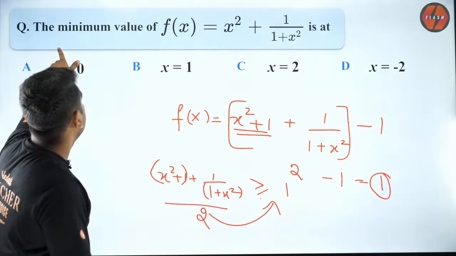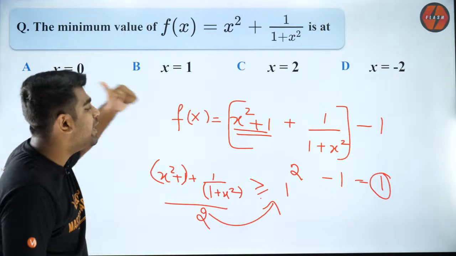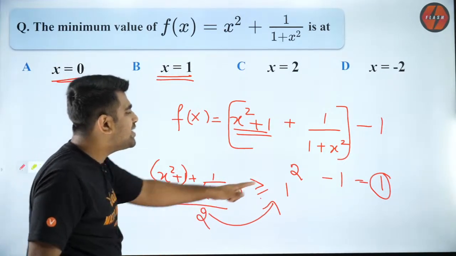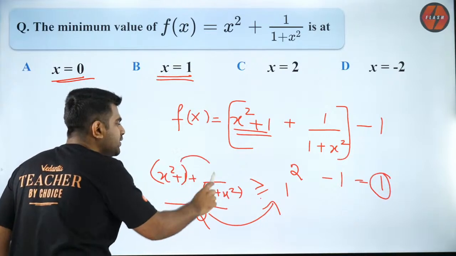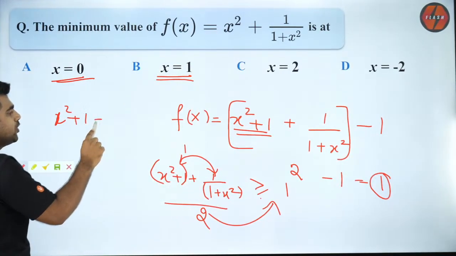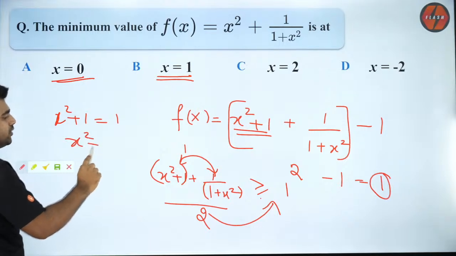But they want to know what is the minimum value and when does it occur? At what x? Is it 0 or 1? So when does the minimum value occur? When both of them are equal to 1. So that means x square plus 1 is equal to 1. That means x square is